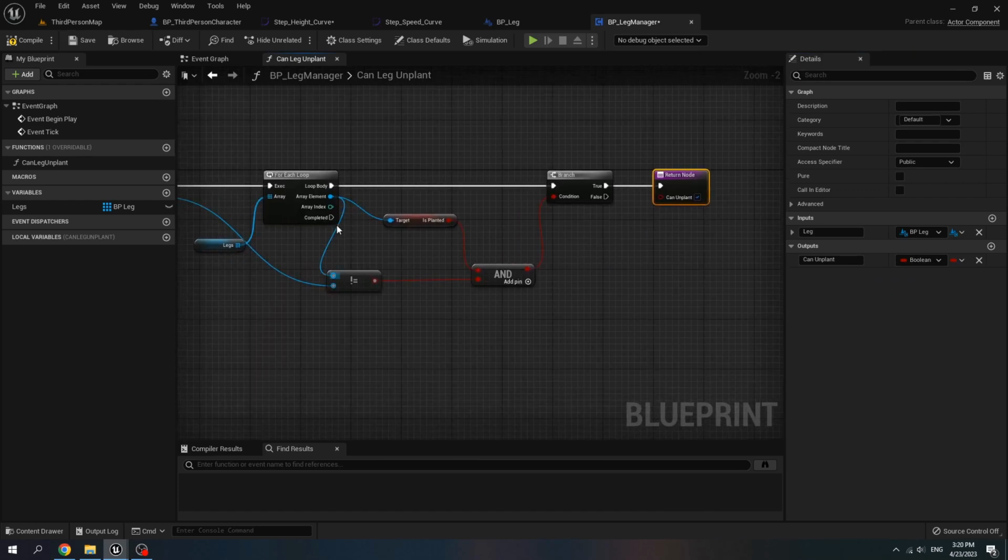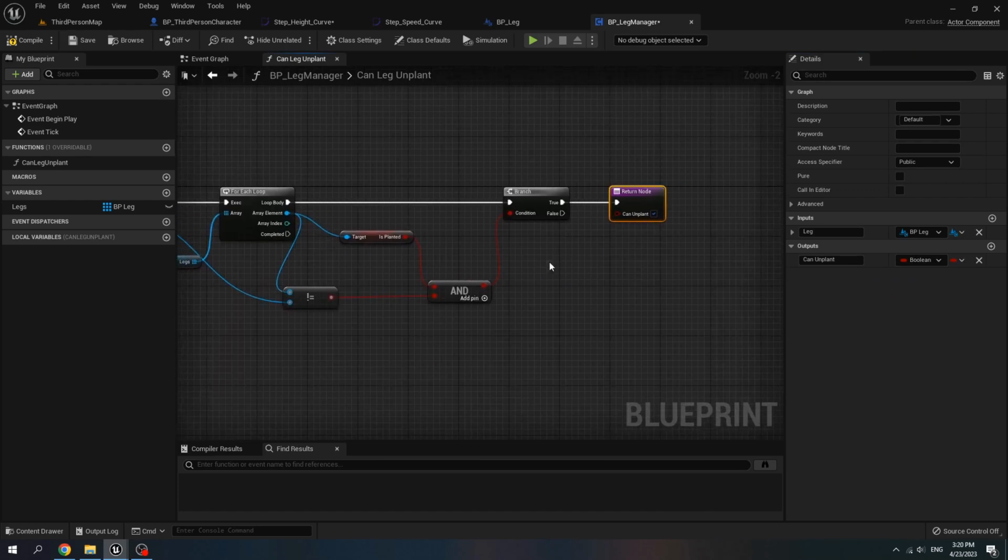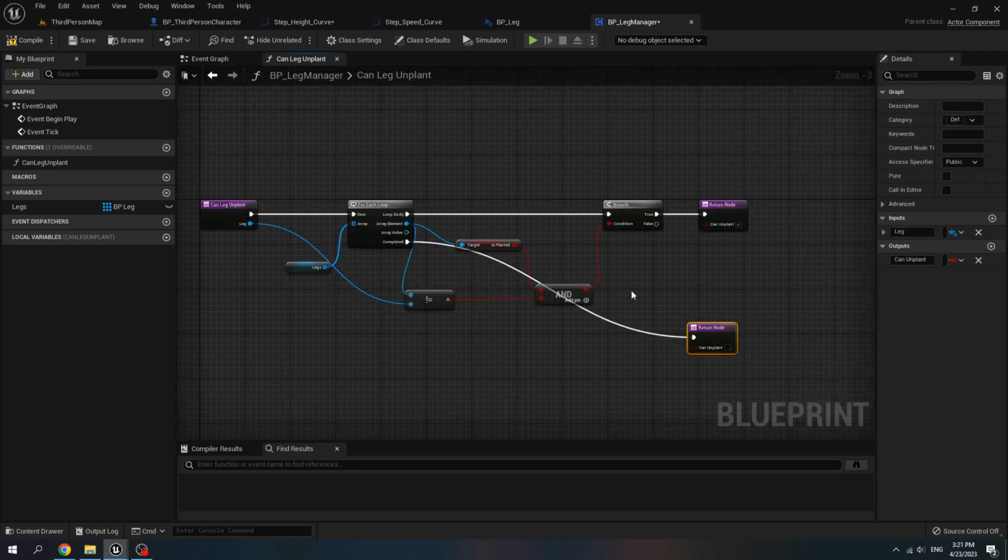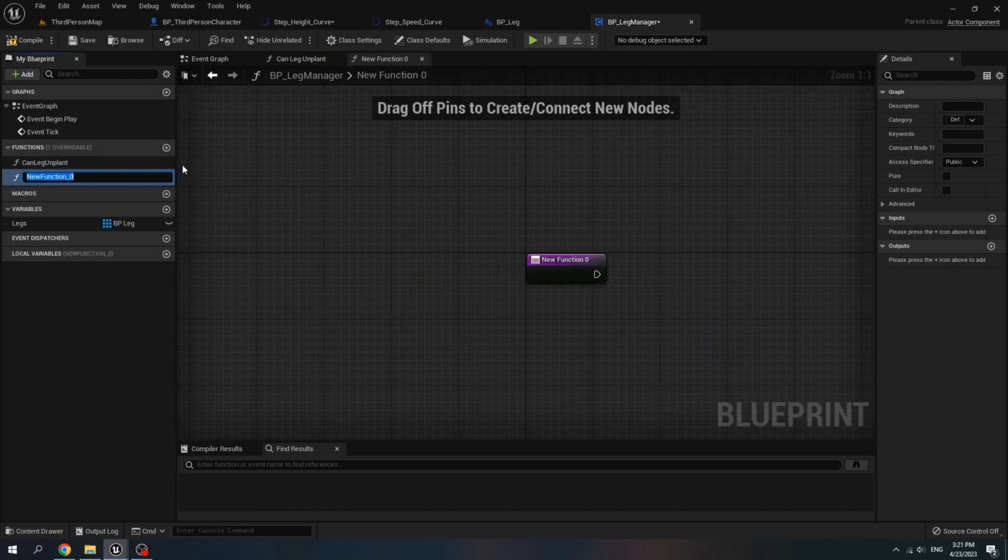When the for each loop completes, copy this return node and paste it, set the can and plan to false. This is because we don't want the two legs to plant at the same time or unplant at the same time.